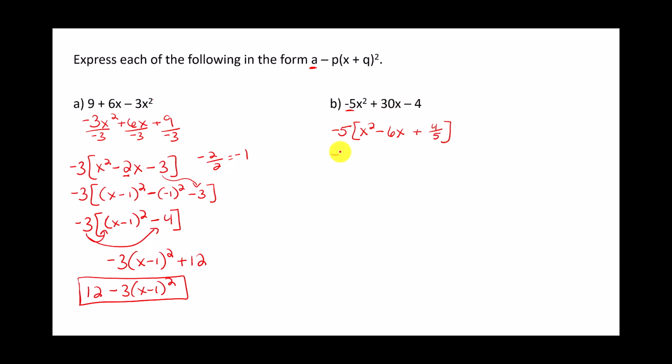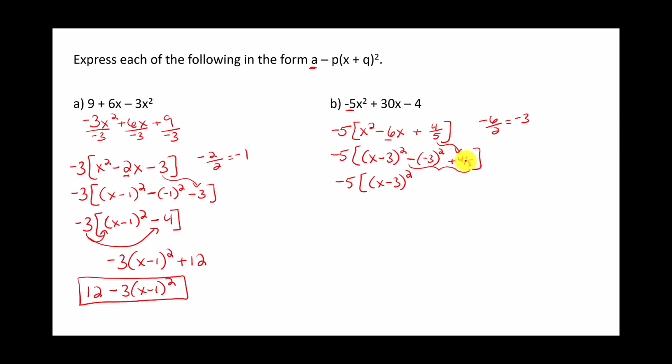And so now I'm going to work with just the inside. I'm going to take this -6 and divide by 2 because that's my b, and I get -3. So I'm going to have x minus 3 squared, and then I am going to subtract that same value squared, and then bring down my plus 4/5. Okay, so the steps are the same. We're just working with fractions sometimes. This is going to give me x minus 3 squared, and then you can do all of this math in your calculator. This is going to be a -3 squared, so you're going to have -9 plus 4/5,